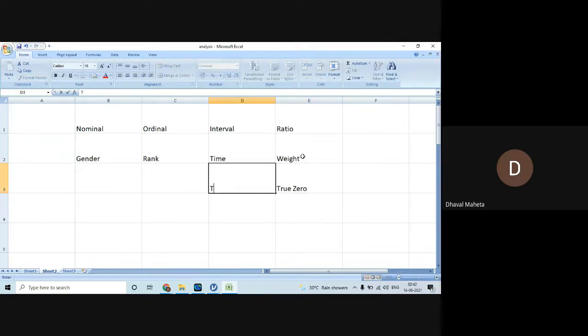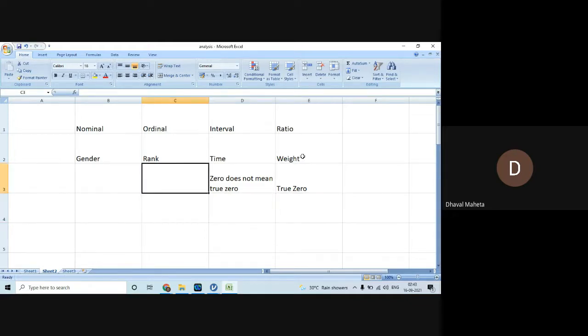In interval data, zero does not mean true zero. Suppose your clock displays 00.00 at night. Will you say there is no time? No, there is a time, 12 o'clock at night. Or a thermometer showing 0 degrees Celsius. Will you say there is no temperature? No. So zero is not an absence of the phenomenon there, but in ratio it is.